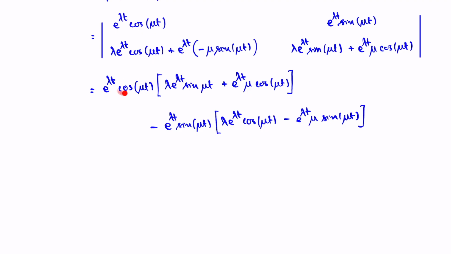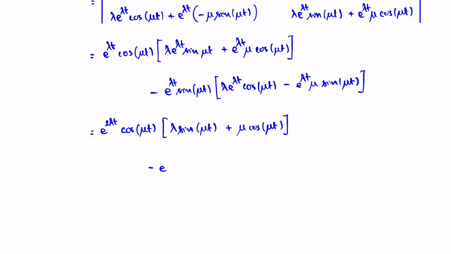So first I'm going to take e to the lambda t as the common factor. I pull that out to make it easier to look at. So e to the lambda t, you have e to the 2 lambda t. So e to the lambda t combined with another e to the lambda t, you have e to the 2 lambda t times cosine of mu t times psi of mu t. So lambda times psi of mu t plus mu times cosine of mu t